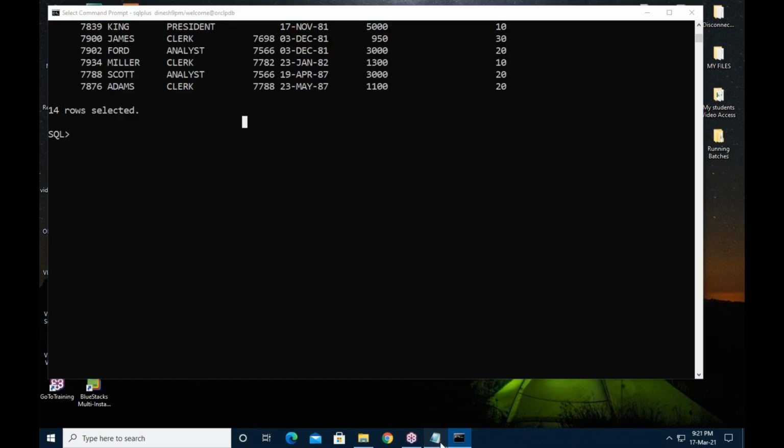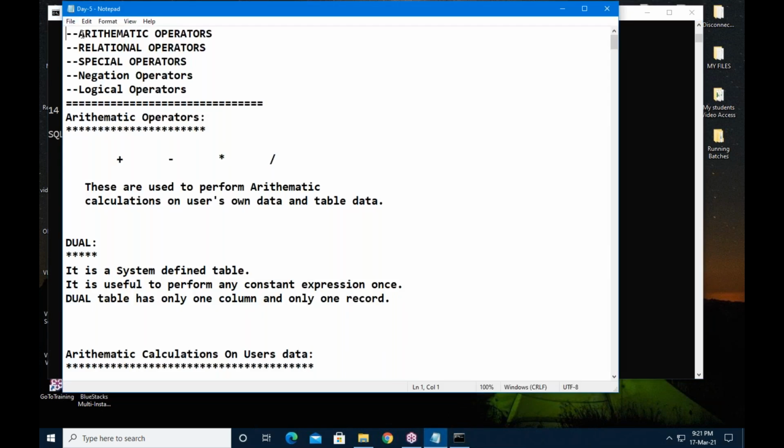Now, our next point is arithmetic operators. Listen carefully. What are arithmetic operators? Arithmetic operators are addition, subtraction, multiplication, division.